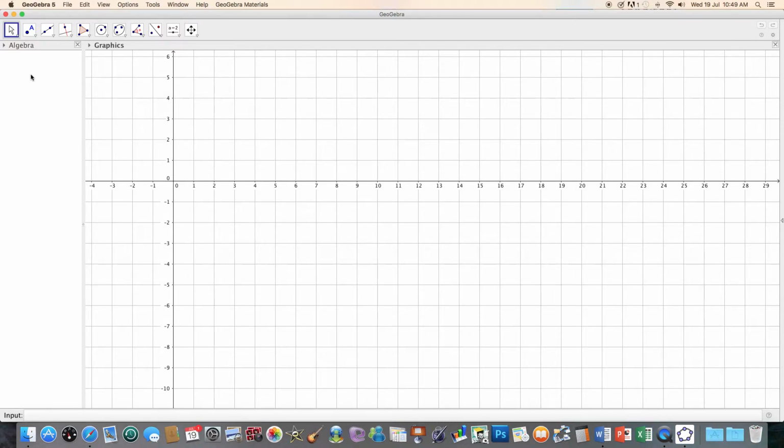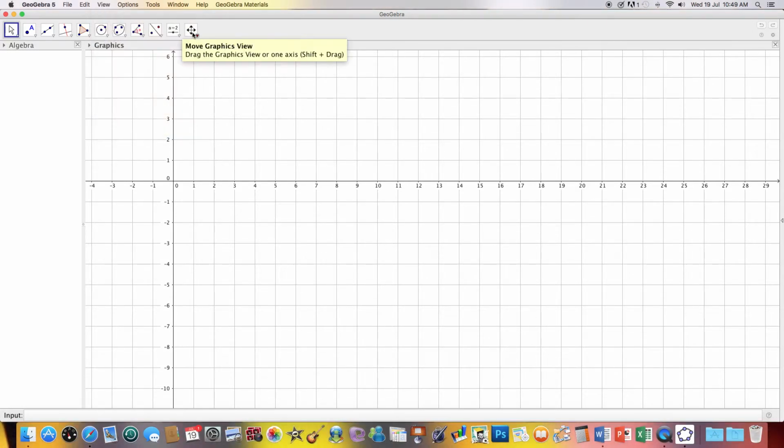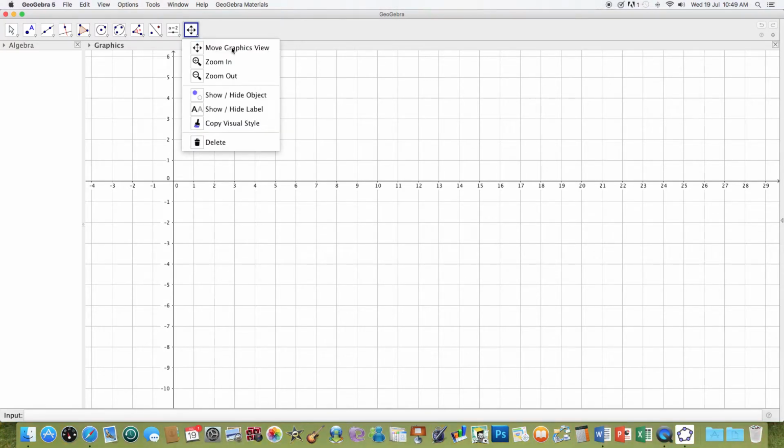Grid up and the algebra box up so that you can see what's going on, and then how to move that to the center of the screen. So if you go to GeoGebra toolbar and go to View, you can see that I've already got the algebra window clicked and the graphics clicked, and I've also got the input bar clicked. If that's not clicked on your screen, you should make sure they are. Then if you go to this directional arrow, this allows you to move your